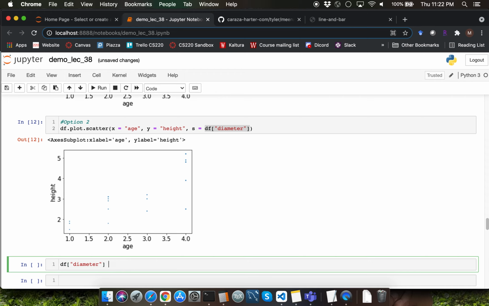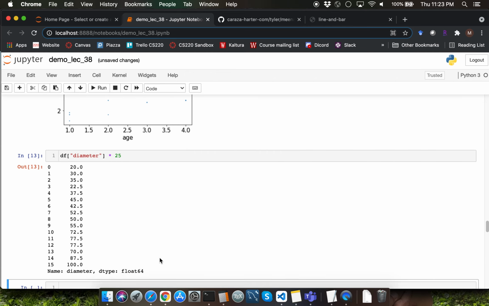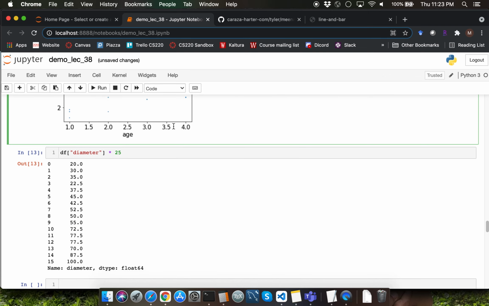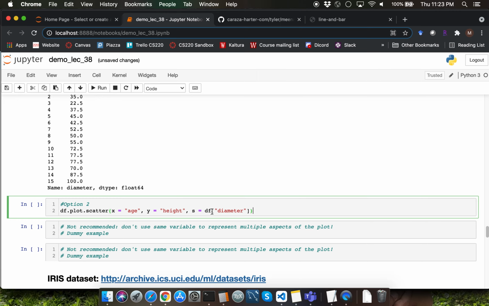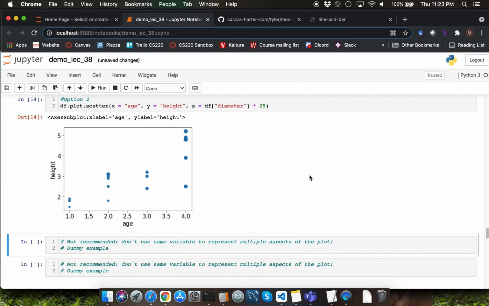that series very easily. Recall that you can apply element-wise multiplication operation between a series of values and a scalar simply by typing the series variable into the appropriate scalar. Let's say that we want to scale up by 25x over here. I'm going to just go ahead and execute this cell. Instead of using df of diameter as the argument to the parameter s, I'm going to specify df of diameter into 25. Observe that now we are getting a slightly better plot.